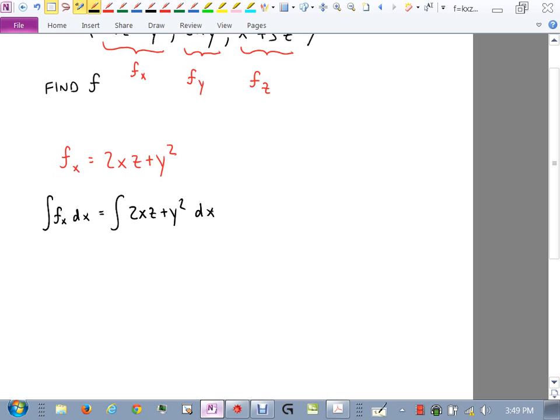What do I get on the left side? Little f. On the right side, x squared z plus y squared x plus